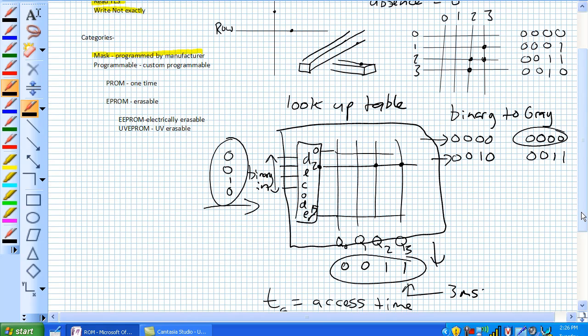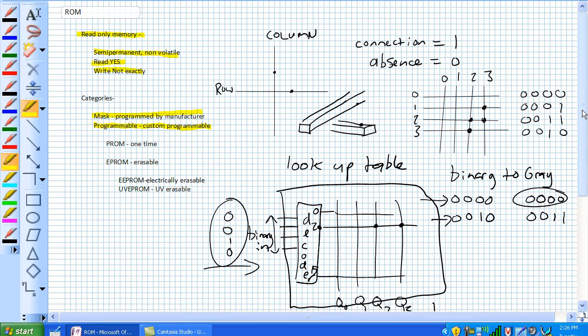Okay, so the second category of ROMs has the most types of devices in it, and that's programmable. And this is where we go into not exactly read-only for writing. You got to write something to it. Programmable, ideally, it's going to come to you blank, and you got to put something into it. So therefore, we do need to write to a ROM, but not very often. Ideally, we only want to do this once or a couple times. Okay, so the first one is our PROM, which is simply enough,